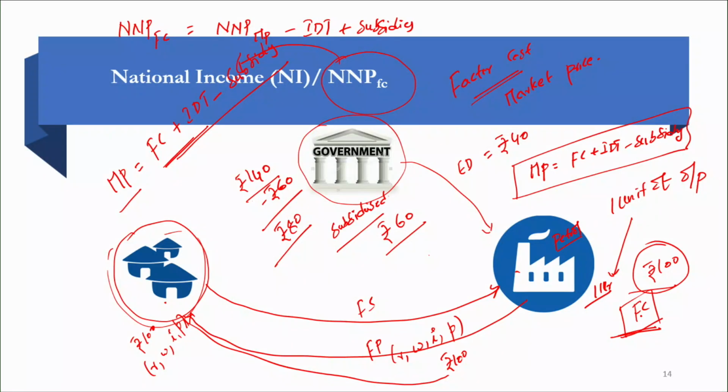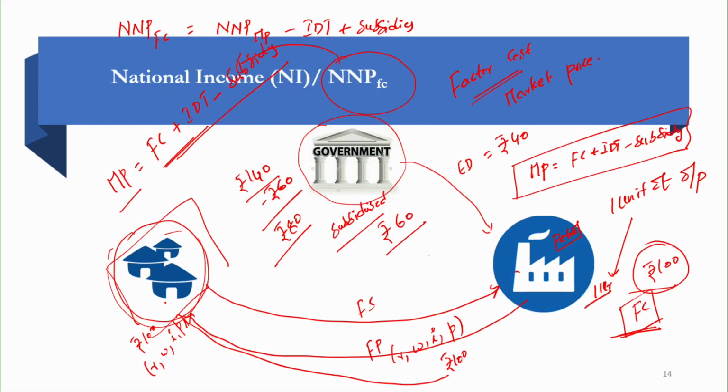I would always say output measured at factor cost is the best measure of national income rather than output measured at market price, because output measured at market price could change arbitrarily because of the government policy decisions. If the government levies a tax of 100 rupees upon petrol, the market price of petrol becomes now 200. It levies 200% upon it, it would become 300, isn't it? So, the more is the tax component, more would be the market price.